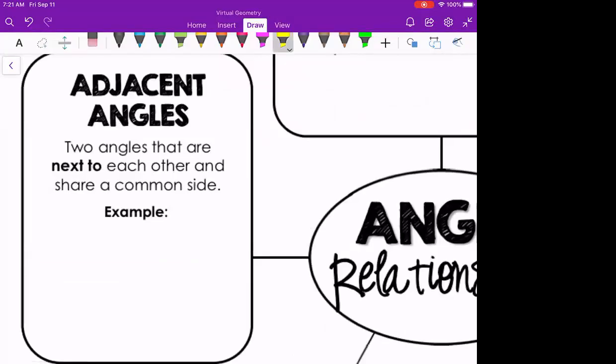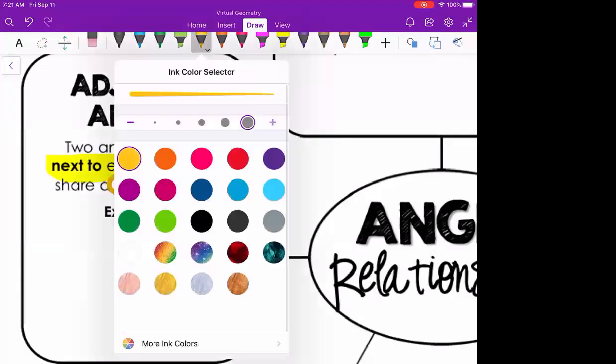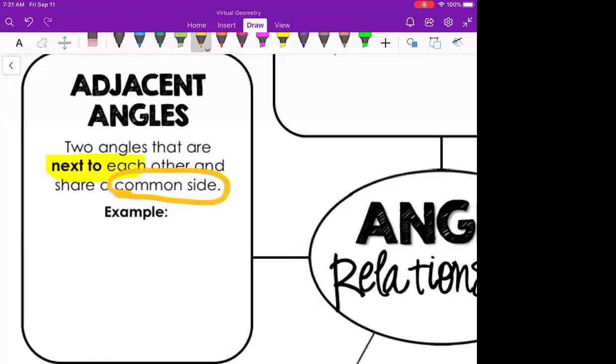So a couple of main words to get out of here: the idea of adjacent just means that two angles are next to each other. So in other words, they are going to share a common side. So that's kind of our big takeaway here from adjacent. So if we have an example here,